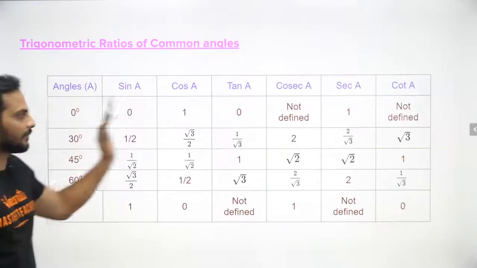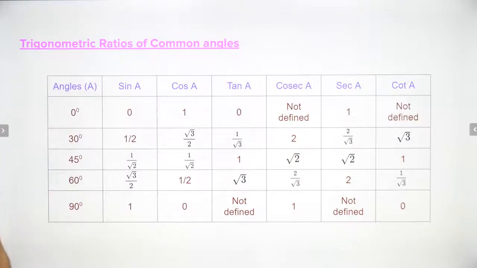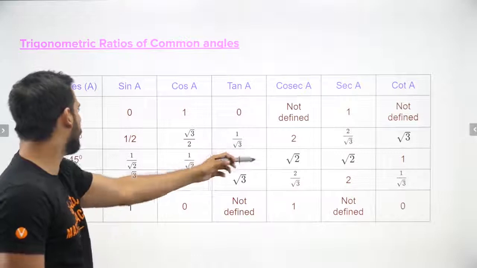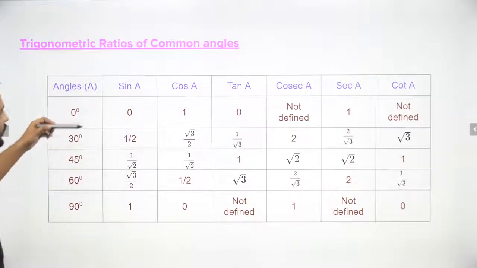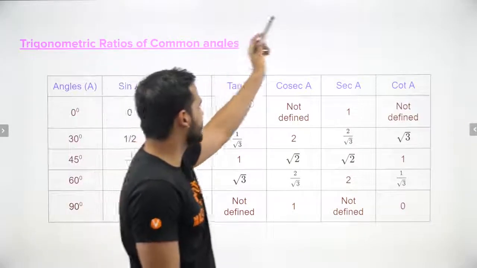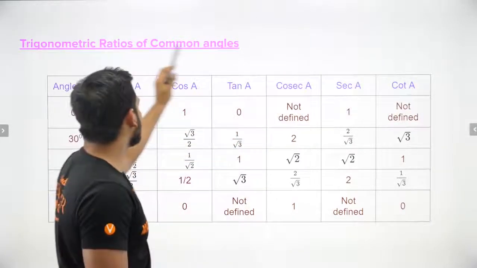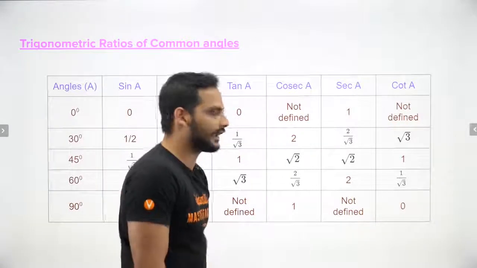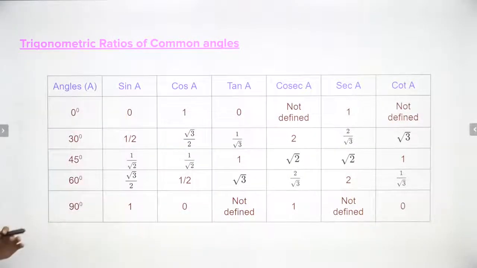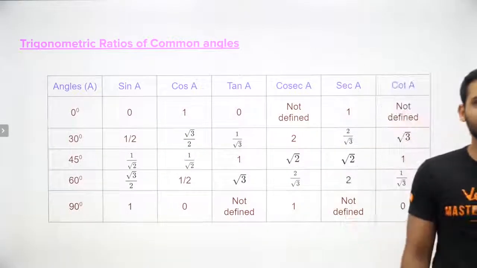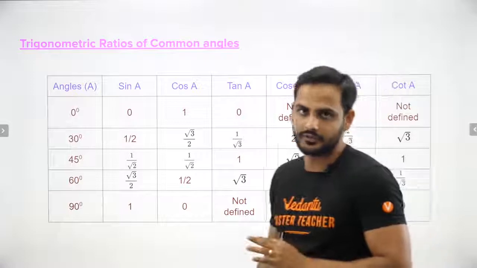Then the trigonometric table is here. All of you know how to draw the trigonometric table. First get the values of sine, then reverse it, you will get the values of cos. Then the division of the values of sine and cos will give you tan. Then the reverse of the tan values will give you cot. The reciprocal of the sine values will give you cosec, and the reciprocal of the cos values will give you sec. The trigonometric table is very important to remember. You have to remember the values of all these angles because in exams it will be used, right?